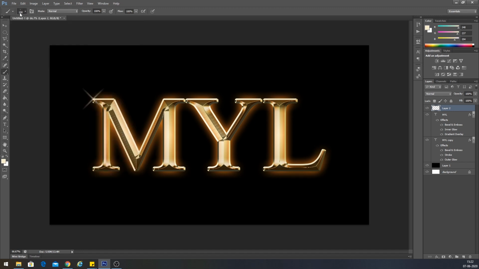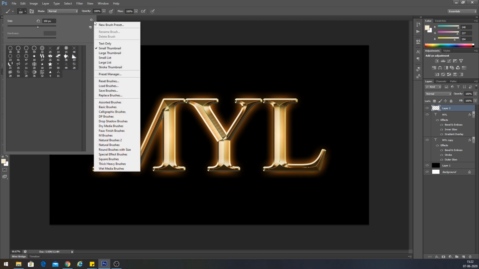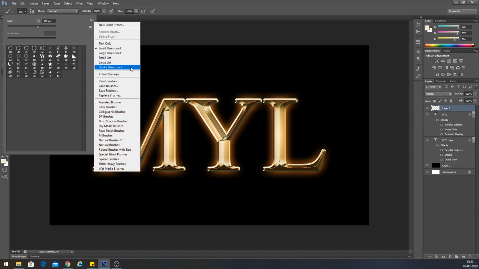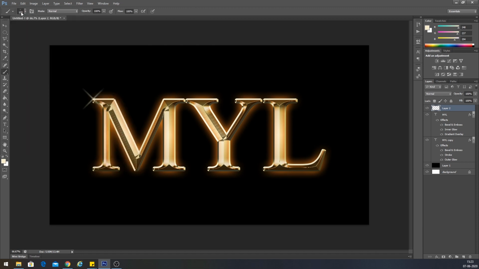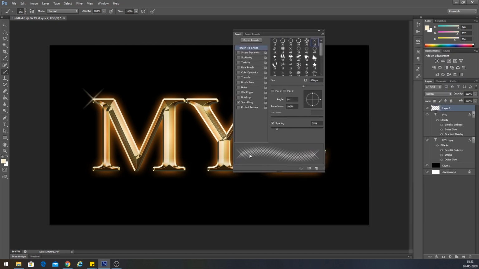Okay, I don't have that setting right now. Wait a minute. Okay, my setting is not coming. Okay, click here. What you can see, there's a gap, spacing in this, you have to decrease it. I prefer 5.